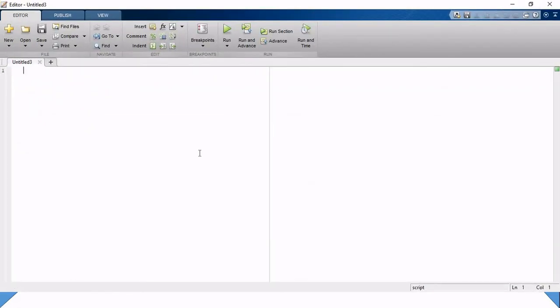Then after, we are going to write a Fibonacci series using the for loop. So for the Fibonacci series, I am going to write a comment. For writing a comment, I can use the percentage symbol, and it is going to define a comment. The comment is only for the observer, or we can say for the programmer who is going to program. The MATLAB compiler is going to neglect whatever we write in the comment section.